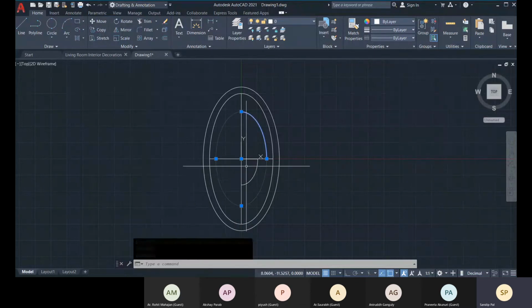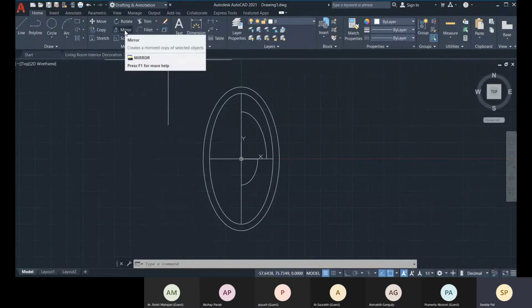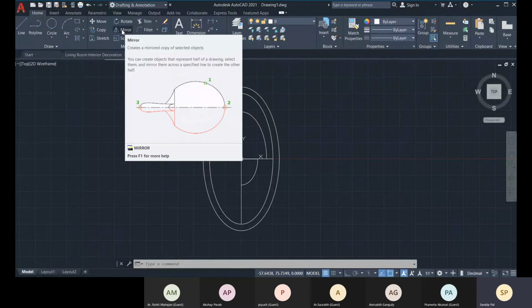Now, if I need this at this section and this at this section, means the diagonally opposite, what I can do, I can do with the mirror. But for that I don't have that angle, but I can define with the mirror. So I'll show you the two options, the rotate and the mirror, and you will tell me which option is easier.